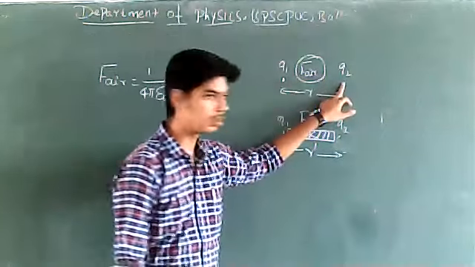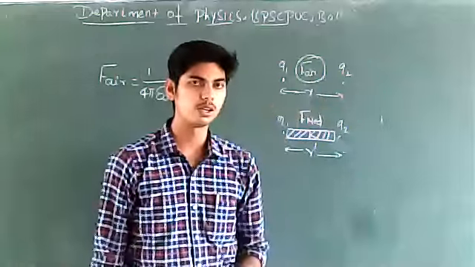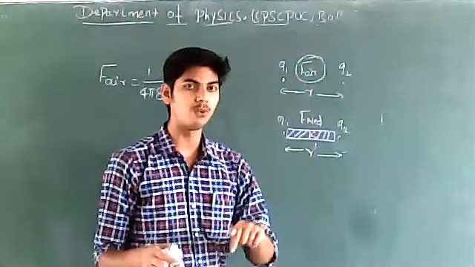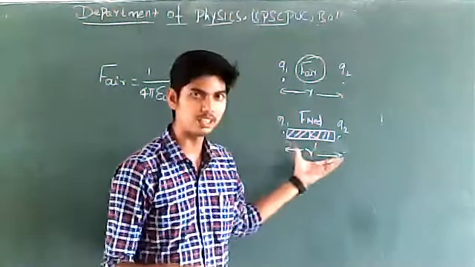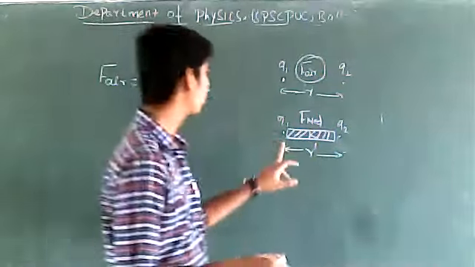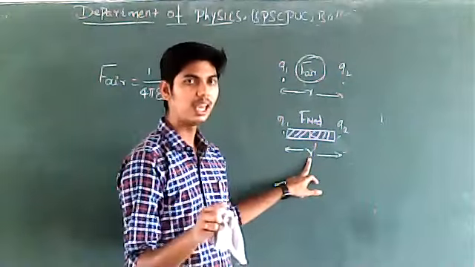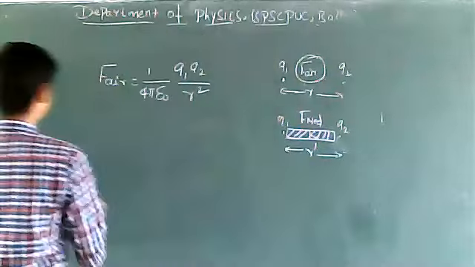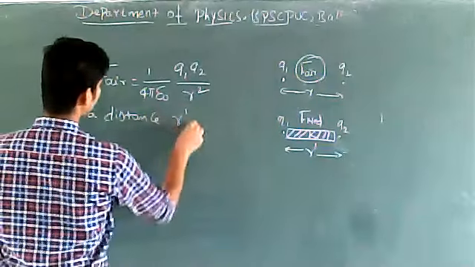The two point charges Q1 and Q2, when separated by distance r in air, experience a certain force, let us suppose 10 Newton. Then at what distance will the two charges experience the same force in the presence of a medium of dielectric constant K? Let us suppose the two charges Q1 and Q2, when placed at distance r dash, experience the same force as in air.